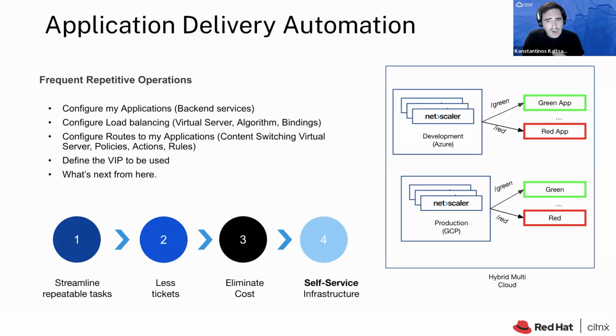How can I create the algorithm, the bindings that need to happen on NetScaler, all of these things. How can I also create routes. Whenever someone is visiting an IP, /green, the traffic should be routed to the green application, or /red, the traffic should be routed to the red application. So basically, we needed to offer a way through code to configure these content switching configurations, including virtual servers, policies, actions, the rules that are being involved, and all of these things.